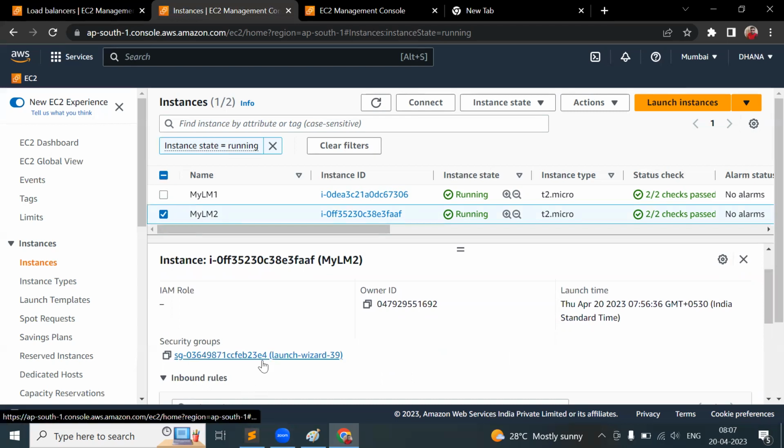If you create them separately, one more security group would have been created. So while creating two or three instances at the same time, one security group will be assigned to all the instances. If you are creating separate EC2 instances, then there will be separate security groups. Just copy this security group,